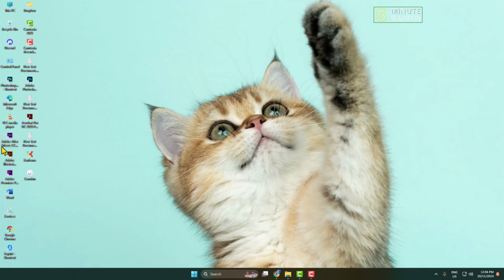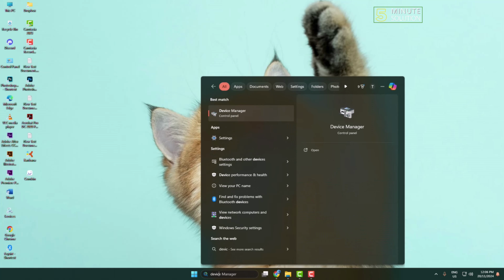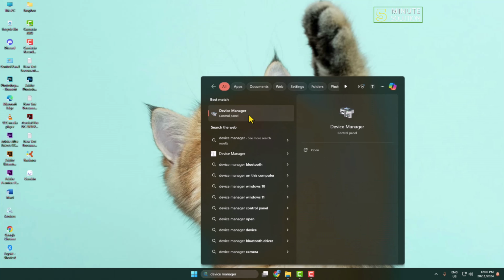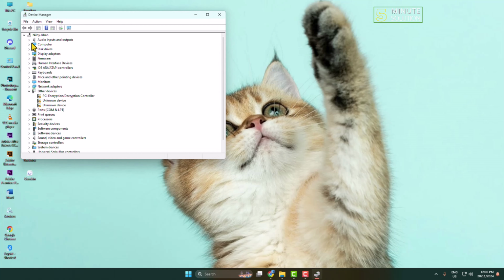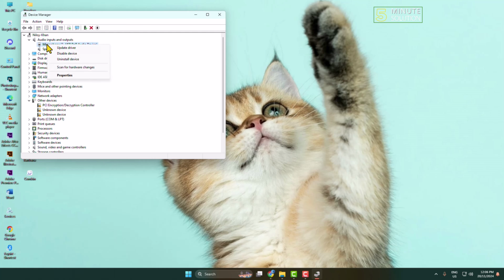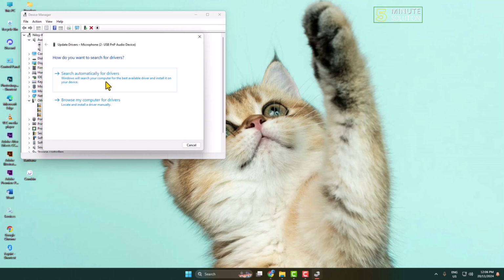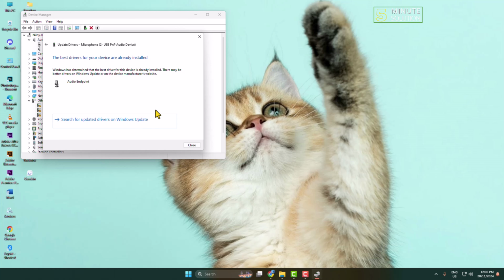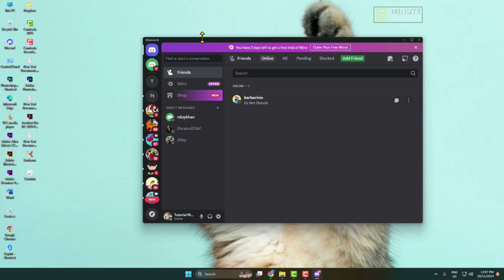And after that we have to update our device drivers. So click on your search bar and type device manager and open the Device Manager control panel. Here you have to expand audio inputs and outputs, and here you will find your currently used input microphone. All you have to do is right click on your microphone and click on update driver, and here select search automatically for drivers and make sure to update your input microphone driver, and then go to your